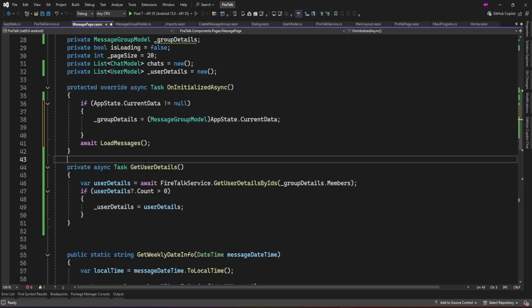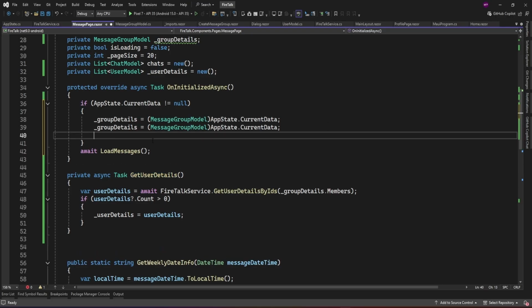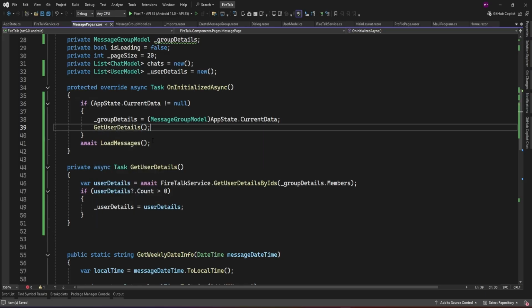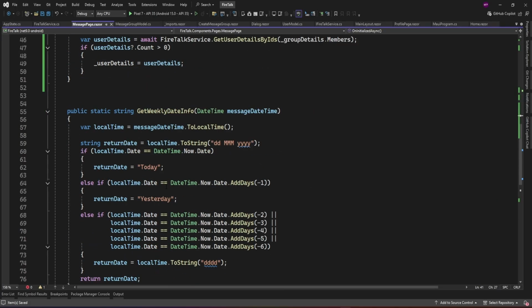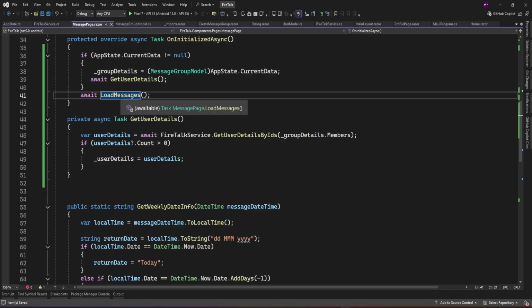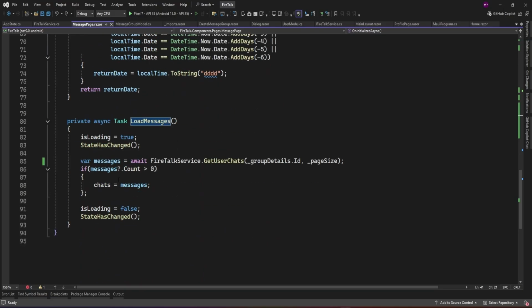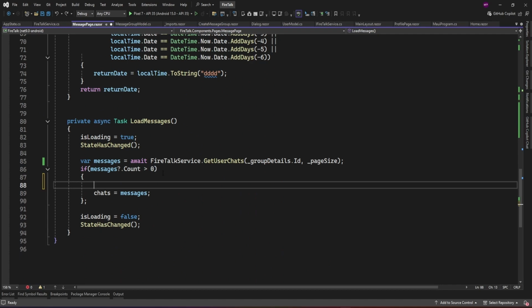Now here I'm going to call this get user details method. So it's going to first load user details, and after that it's going to load messages. Now here in load messages, I'm going to set